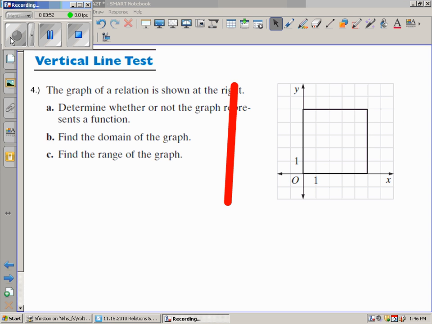Okay, so the vertical line test. Right now I'm going to show you what the vertical line test is, and then we're going to take some notes on a description of it. And so a vertical line test basically does the following. In the example that came before this,